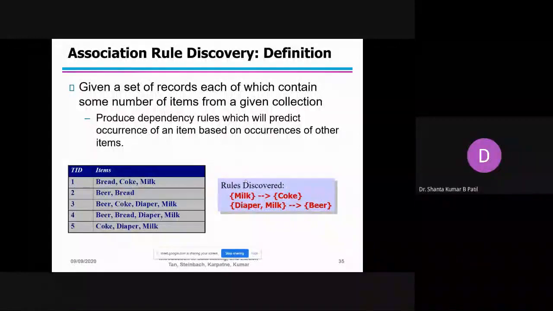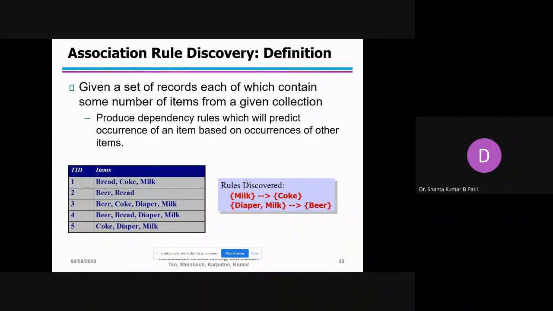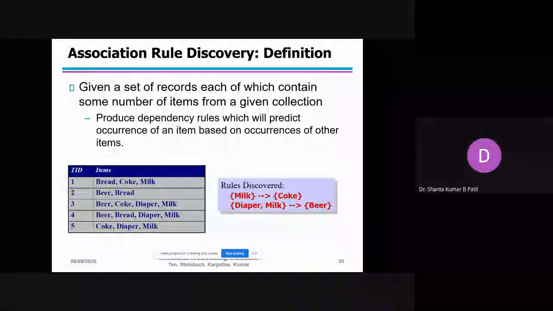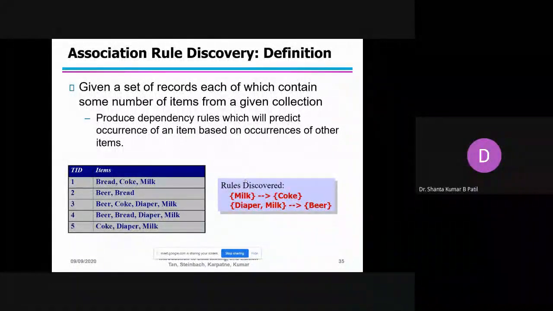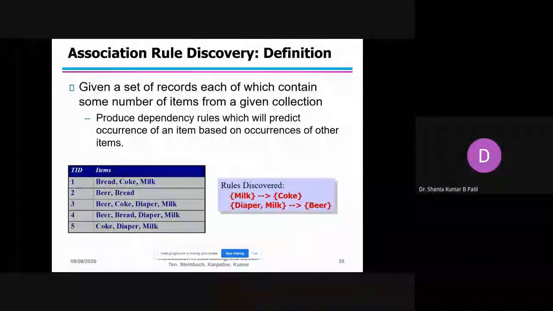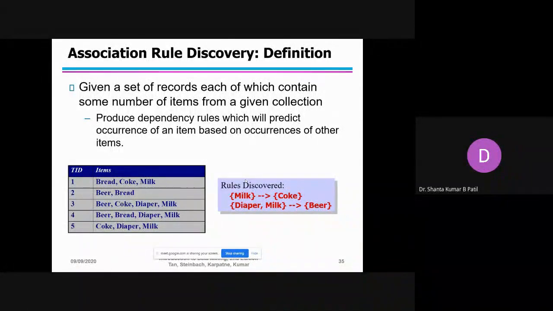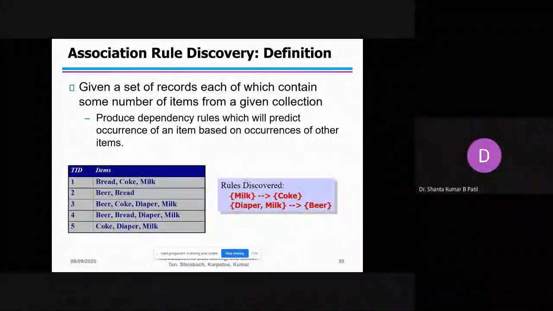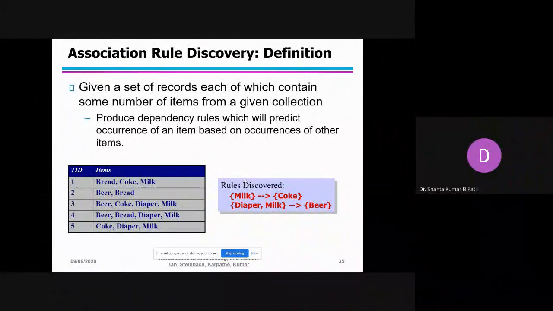In the malls, all items will be available. Vegetables are available in the market, fruits, grocery, even clothes, but these are all in different places in the market. Whereas in the mall, all these things are available in one place.